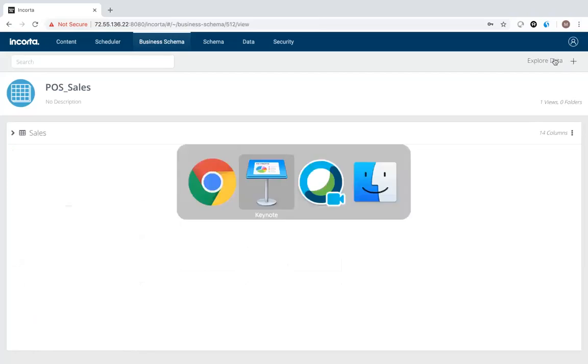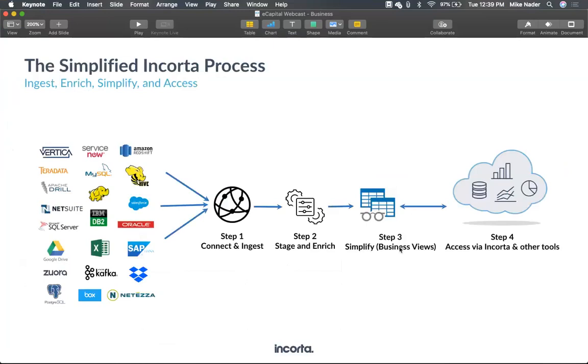That is this concept right here of enrich and simplify. Now, what I mean by enrich, I just brought revenue, but let's say I want to look at cost. Let's say I want to calculate profit. Let's say I want to do profit as a percent of sales. I can write those calculations in Incorta. Very simple, very similar to doing it in Excel. You've got if statements, you've got case statements, different webcasts for that to get into the details of calculations. But it's got a full calculation engine sitting there. Or maybe I want to concatenate my product ID and the description together because that's how my users like to see it. Absolutely, I can do that in Incorta. I can enrich that data.